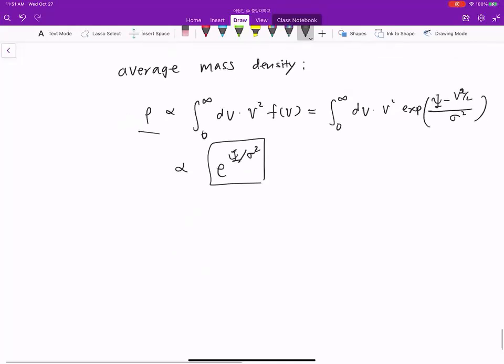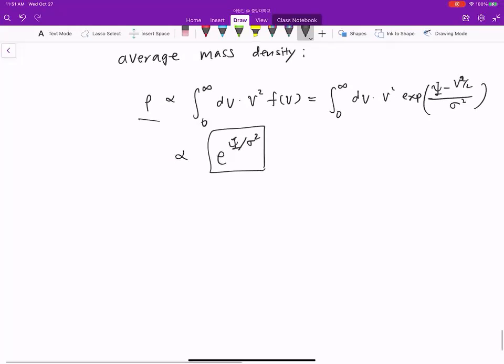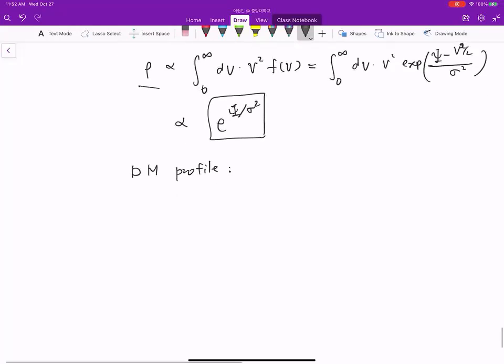So actually, as I said before, in the case of local measurement, there's a one-to-one correspondence between local energy density and gravitational potential energy. So here, another implication. Now we know that there's a one-to-one correspondence between dark matter mass density and gravitational potential. Then we can determine the dark matter profile with that information.